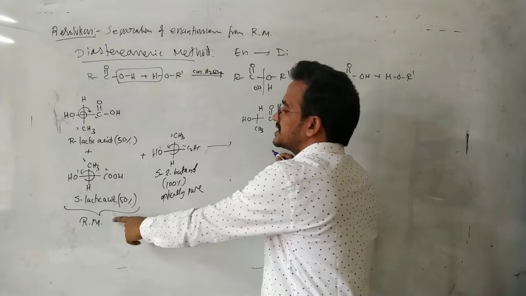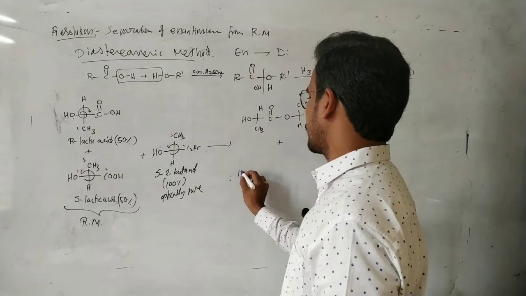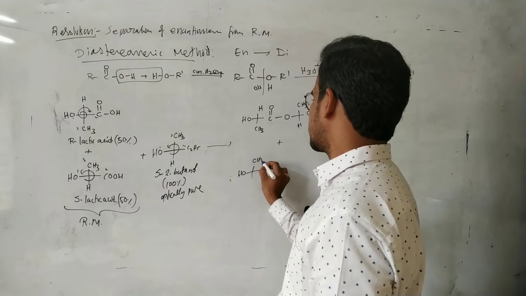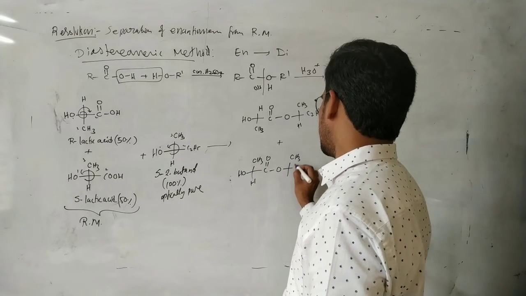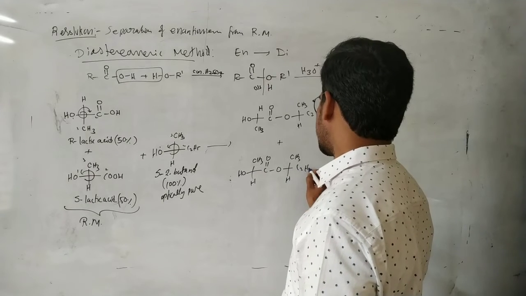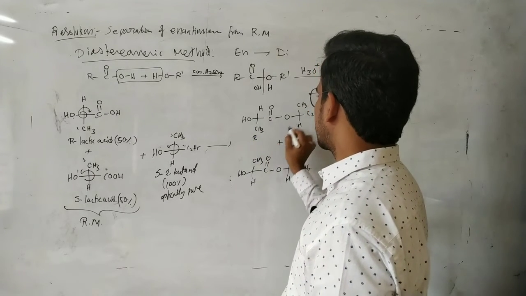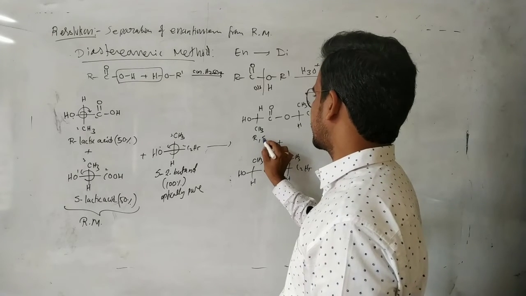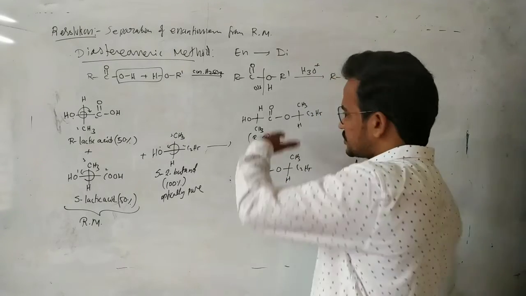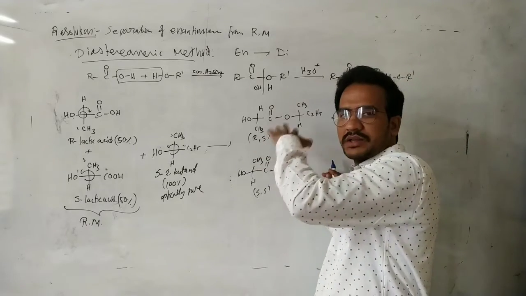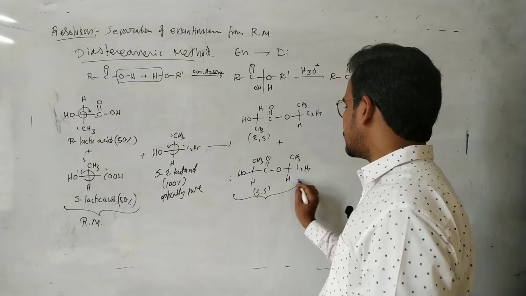Remaining 50% react with this compound. So here in this case, plus here OH, CH3, hydrogen, C double bond O, here CH3, hydrogen, C2H5. Now here in this case, the configuration is R configuration, here the configuration is S configuration, RS here, S configuration, here SS. Now these two are not the mirror images, these two are the diastereomers. The relationship is diastereomers. So it is a diastereomeric mixture.